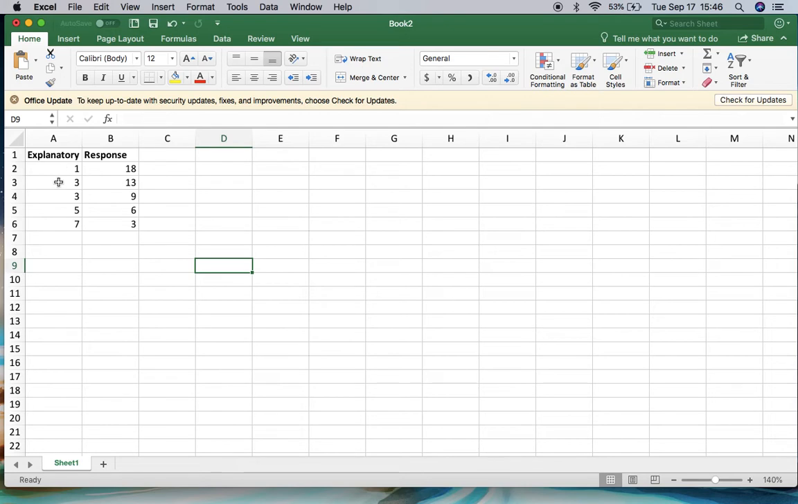So what I'm going to do to create my scatter plot is I'm first going to highlight all of my data. So I'm going to click in the first box that contains a number. I'm going to hold my mouse, drag down, and then drag across so that I have highlighted all of the numbers in my data set, and then I'm going to release the mouse. Now at this point I'm going to come up to Insert, which is next to